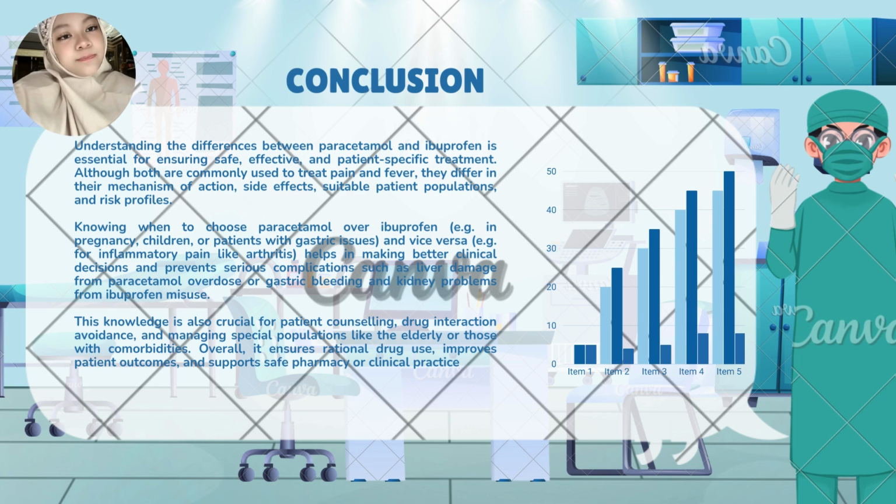So, in conclusion, understanding the difference between paracetamol and ibuprofen is essential for ensuring safe, effective, and patient-specific treatment. Although both are commonly used to treat pain and fever, they differ in their mechanism of action, side effects, suitable patient populations, and risk profile. Knowing when to choose paracetamol over ibuprofen, for example in pregnancy, children, or patients with gastric issues, and vice versa for inflammatory pain like arthritis, helps in making better clinical decisions and prevents serious complications such as liver damage from